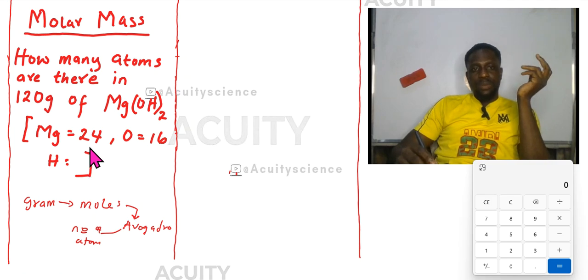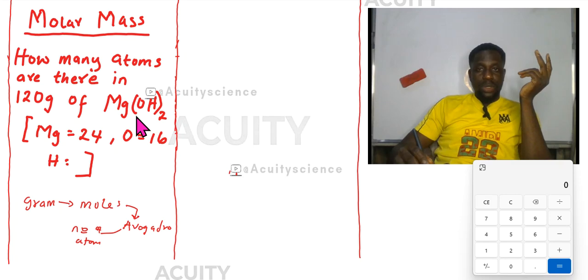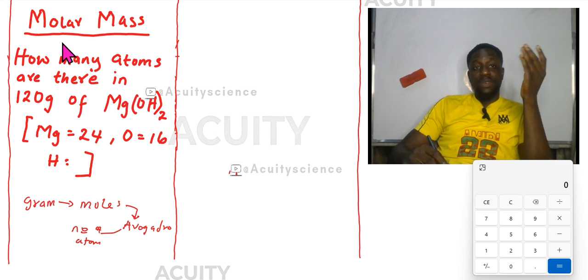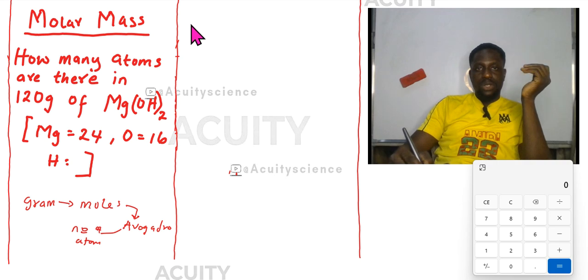How can we go from grams to moles? 120 grams of magnesium hydroxide. Earlier I told you that the entire idea behind molar mass is to find out the mass of 1 mole. So let's find out the mass of 1 mole of this. Simply arithmetic sum of this plus this twice. So magnesium here is given as 24. So we'll go 24